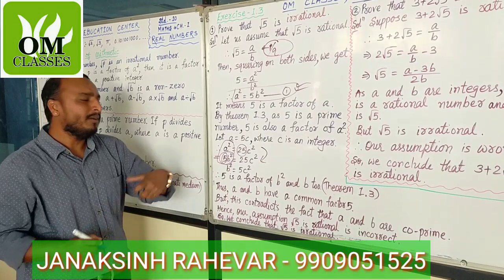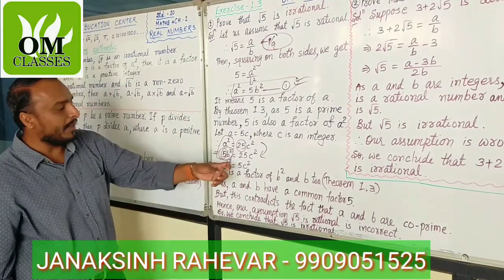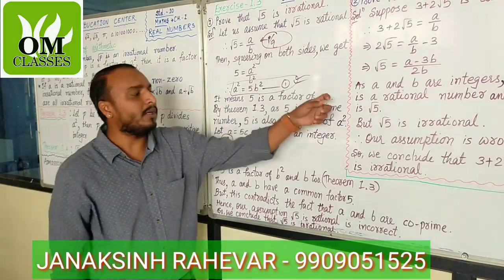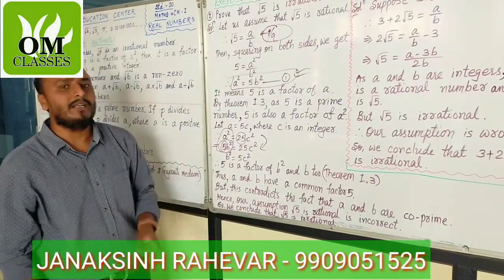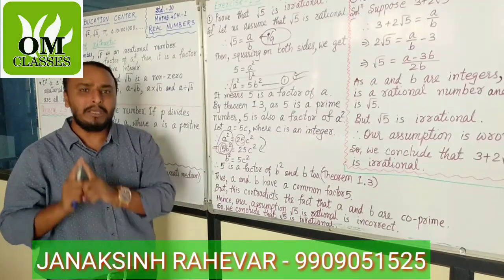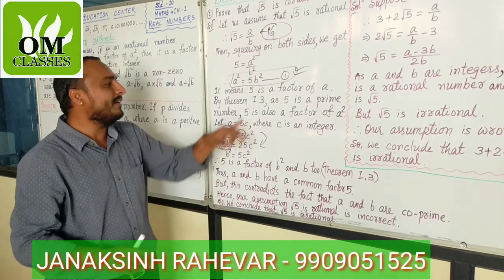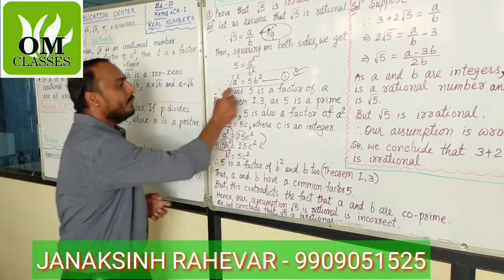Now अब यहाँ से क्या करना है आपको, यहाँ से मेन चीज आपको रिटन वर्क स्टार्ट होता है जो कि लिखने में थोड़ा हमें वैसा लगता है, but you can improve on that. So when 5 is a factor of b, when 5 is a factor of a, means we can say that 5 is a factor of a and b both. Means a and b both have common factor, that is 5. a and b दोनों का common factor कौन सा है, 5.